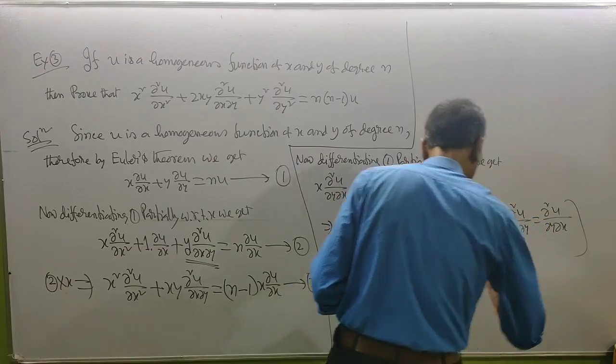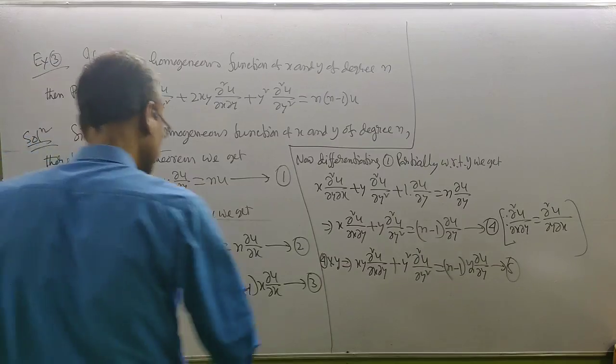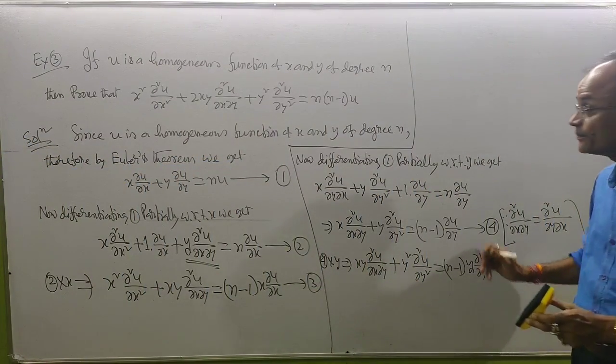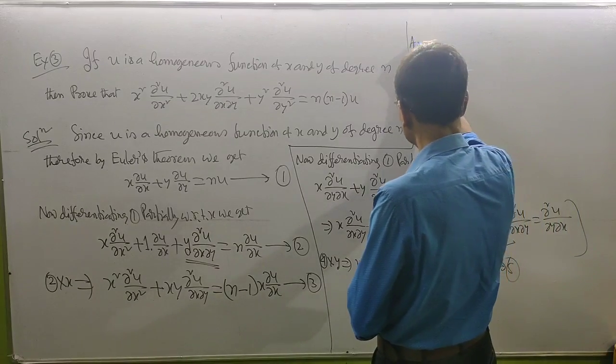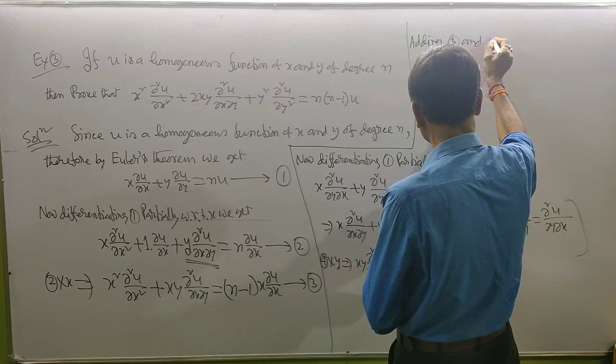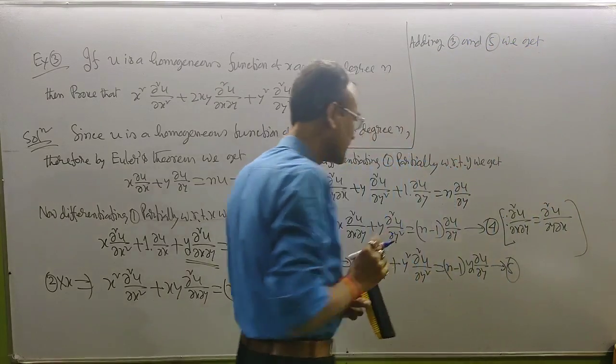Suppose this is number 5. Now add 3 and 5. Adding 3 and 5 we get